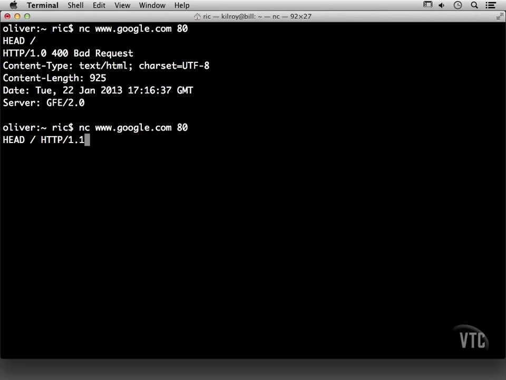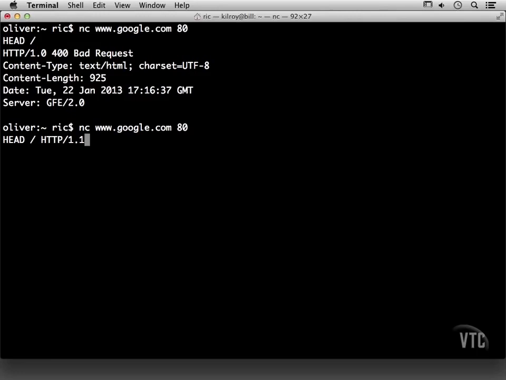So in this case, I'm going to specify version 1.1 of the protocol. So I'm going to say HEAD, so give me the headers, / which just means give me your index page,